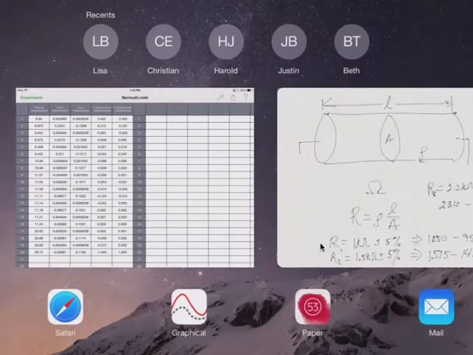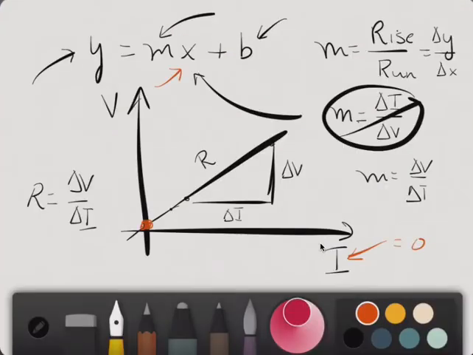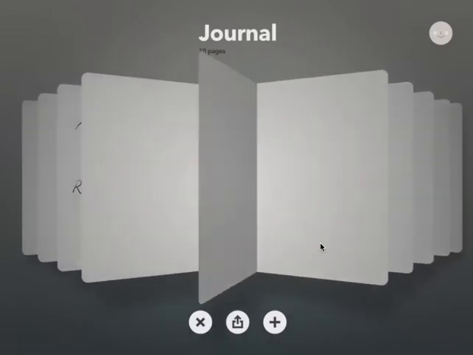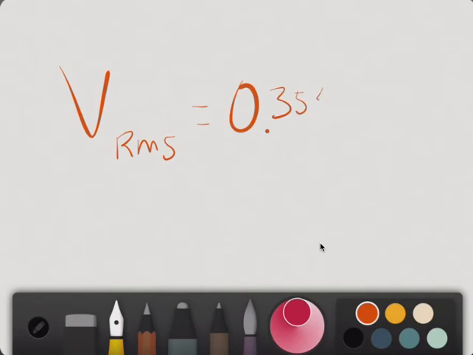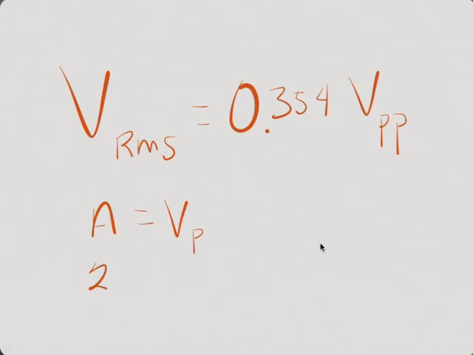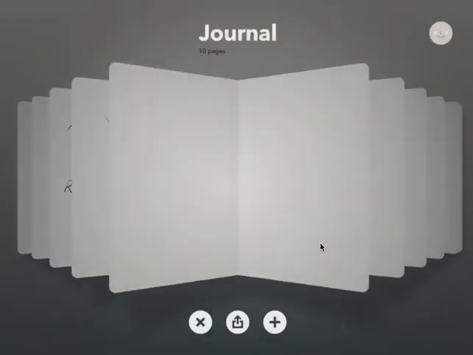So let me show you what I mean. I want to skip it, but I don't need to. So I'm going to go over to this page here. Basically, a volt root mean squared is equal to 0.354 voltage peak to peak. So the amplitude, I'll just call it A, is actually a voltage peak. So 2 times the amplitude is going to give us our voltage peak to peak. In this particular case, if we wanted 1 volt RMS, 0.354, and we wanted to calculate the voltage peak to peak, then we actually are going to have to say,